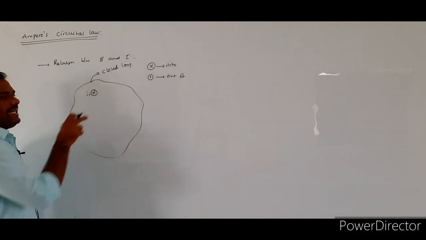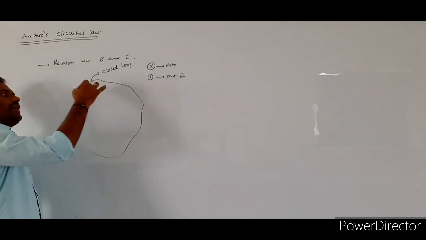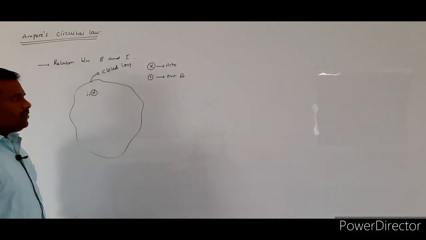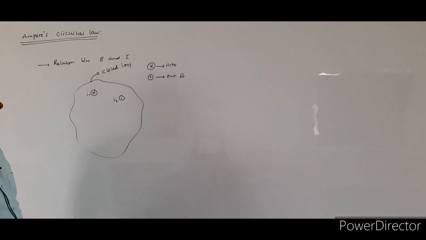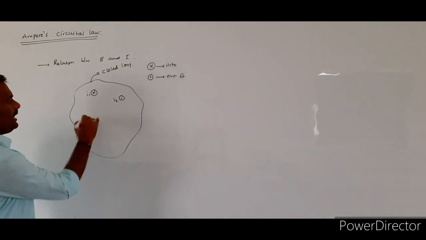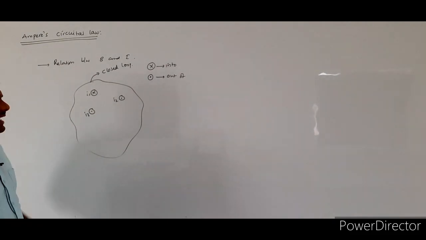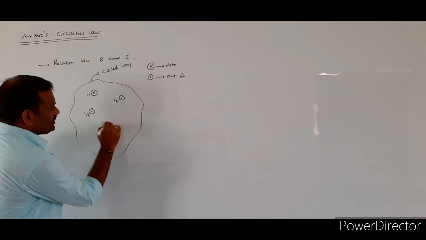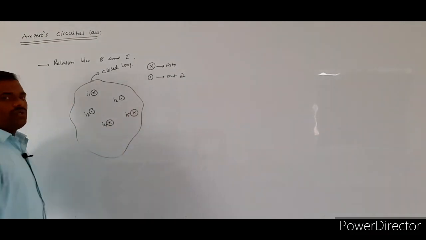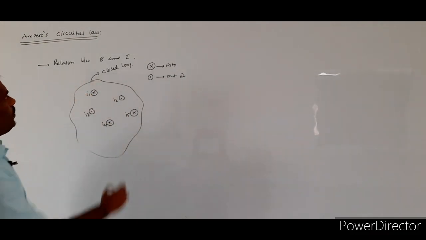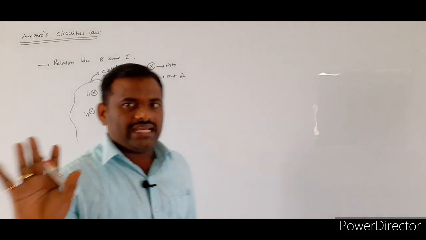So I consider the first conductor. In that first conductor, current is passing into the plane of the paper. And the second conductor is taken. In that second conductor, I am assuming that current is coming out of the plane of the paper. And the third conductor is also considered. In that also I am assuming that current is coming out of the plane of the paper, and the I4 current is passing into the plane of the paper, and the I5 current is also passing into the plane of the paper. That means in the given closed loop,